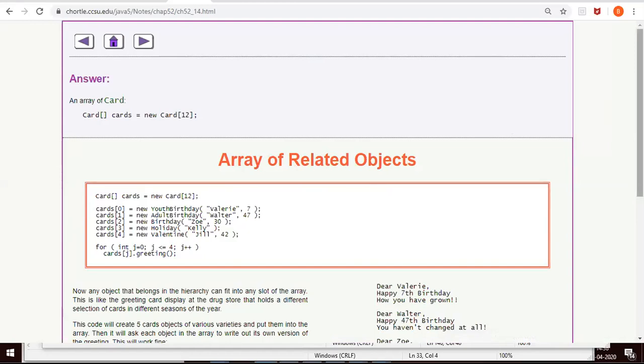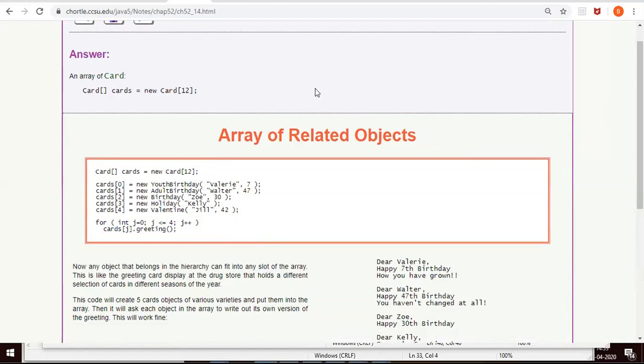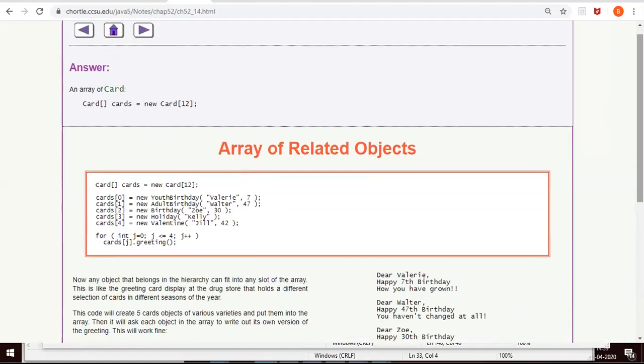Fine. So let us stop our discussion here, and in the next class we'll discuss how to create an array of objects. So basically what we have discussed in today's class is what a method signature is. The method signature includes only the method name, the type of the parameters and the order of parameters. Return type is not a part of the method signature. That's the first point we discussed. The second thing is when we are overriding any method, you cannot change the return type. Whatever return type is specified in the superclass, the same return type should be used. Otherwise, it will create an error.